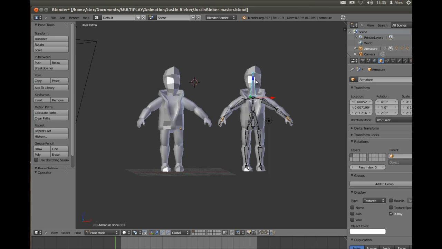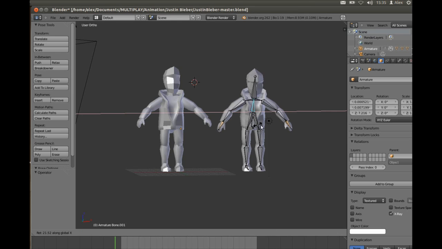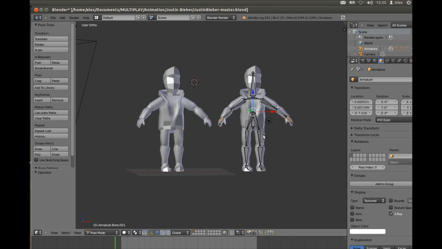If you look at the right character, if I click on the head bone and rotate the bone, the head moves in relation to the bone. The same with the arms. You can do the same with the body, bent forward, sideways, twist, legs, and so on. You can even introduce what's known as